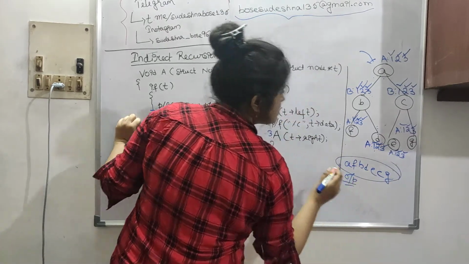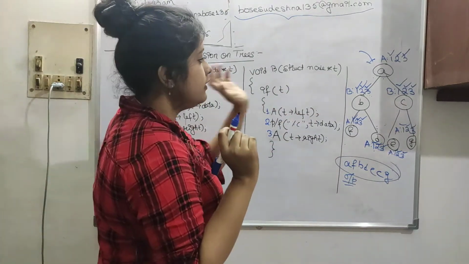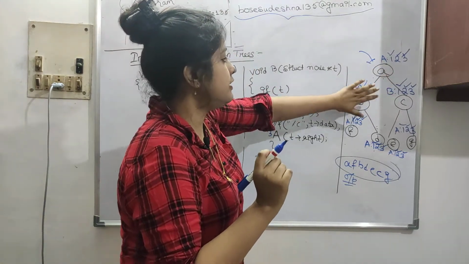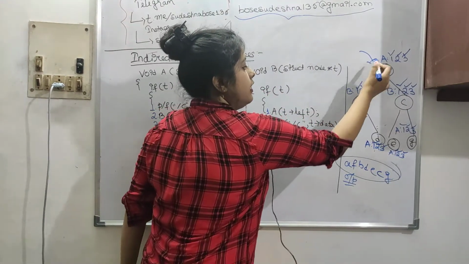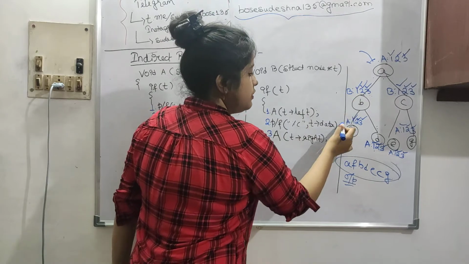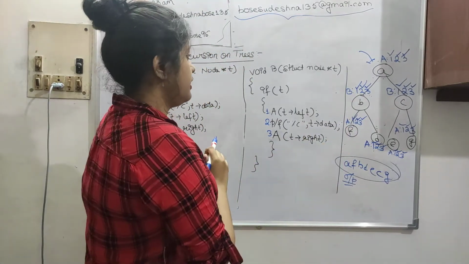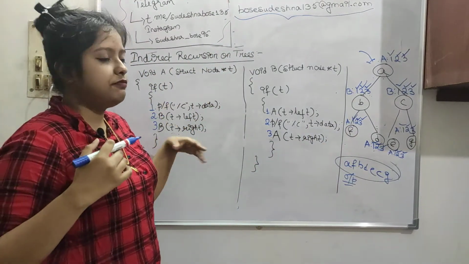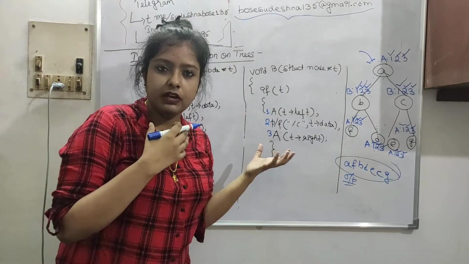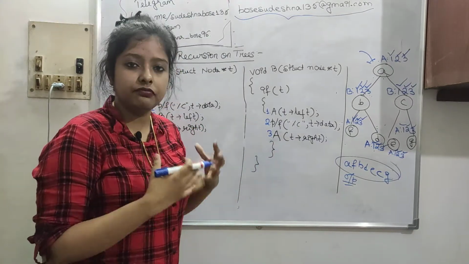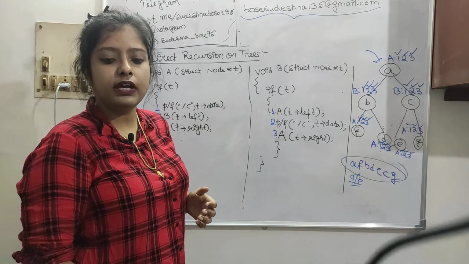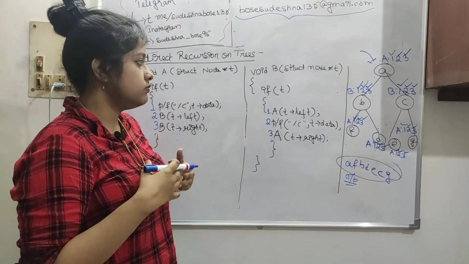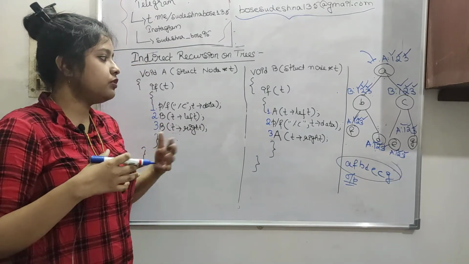Look closely, we are calling different functions on different levels. See, here we are calling A, here we are calling B, here we are calling A again. This can be jumbled up in a different way, but we now know how we do this kind of programs, functions. So I think it will be clear now. I'll move on to our next topic.